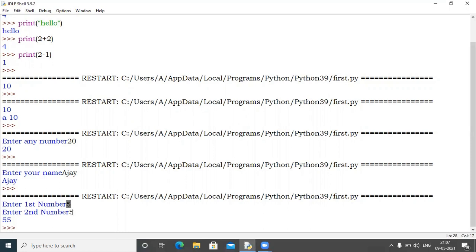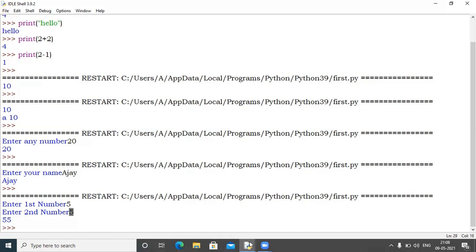You cannot multiply a and b because these are two variables, two letters. Same way, if I'm talking about only input, whatever the user enters will be known as a variable, as a string. We cannot add those two numbers because the computer does not know this is a number. The computer is taking it as a string.